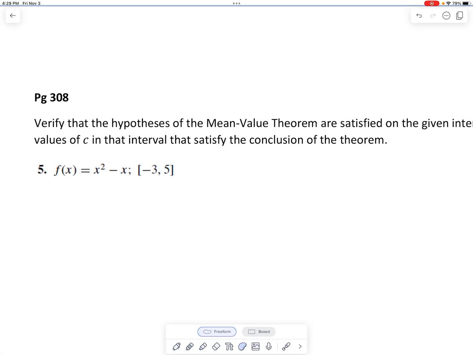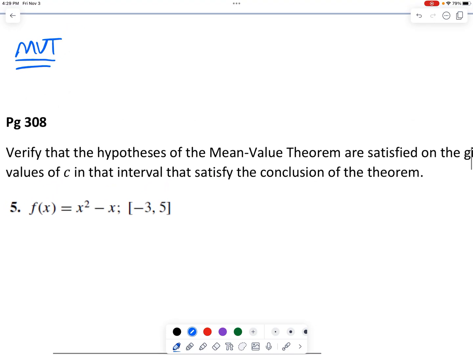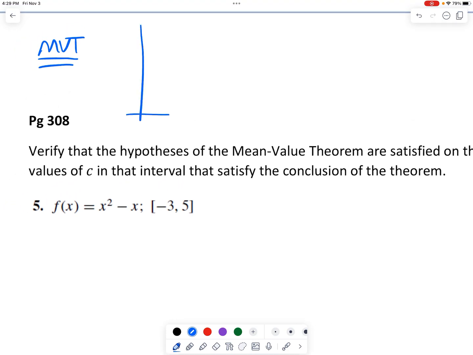All right, friends, it's time to do a little MVT analysis. That is the mean value theorem. Here is, simply put, what the mean value theorem says. I'll use pictures here. If you have a function that is continuous between a and b, something like this, and differentiable, that means you can find the derivative anywhere within the open interval, then there exists at least one number,